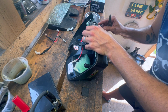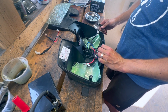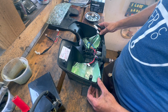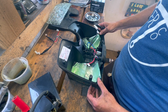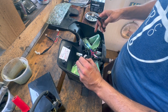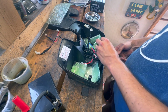What's this here? Press circuit breaker reset. Breaker reset. It says that there's a 5 amp fuse and a 15 amp circuit breaker. So there's the 5 amp fuse. Is this the circuit breaker? That's kind of...